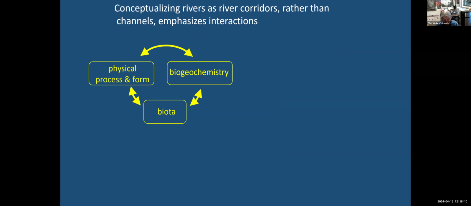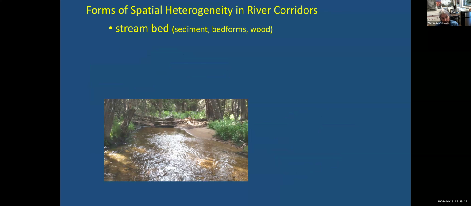So coming back to this idea of messiness and spatial heterogeneity, very simply, you can have heterogeneity in the active channel bed. So differences in grain size, differences in bed form type and dimension, differences in large wood. This is looking downstream to a channel spanning logjam in Hunters Creek in Rocky Mountain National Park. You can't see what's downstream of the logjam, but it's a steeper channel that's mostly a boulder bed with minimal storage of fine sediment. In this backwater from the logjam, you've got heterogeneity of the active channel in terms of fine sediment, organic material, heterogeneity of the hydraulics. There's deeper, slower flow here in the backwater, as you would expect.